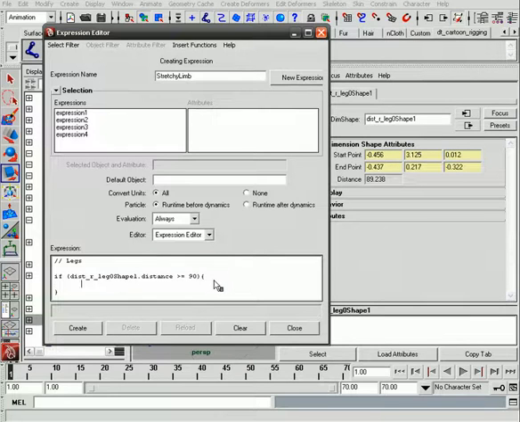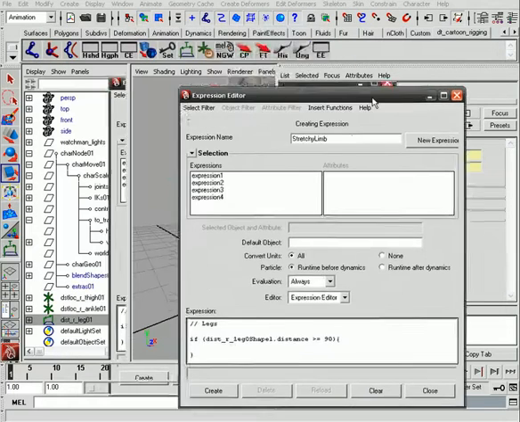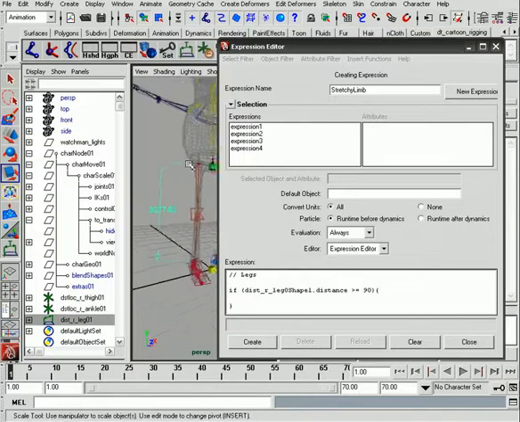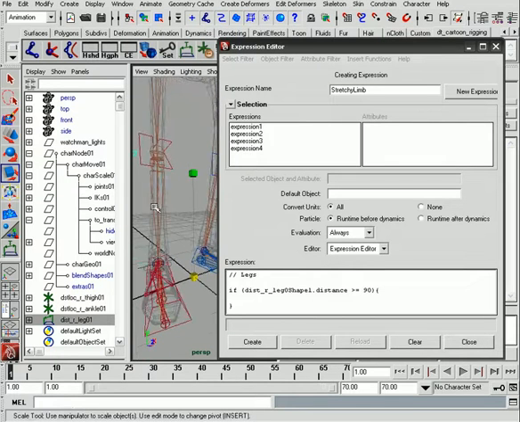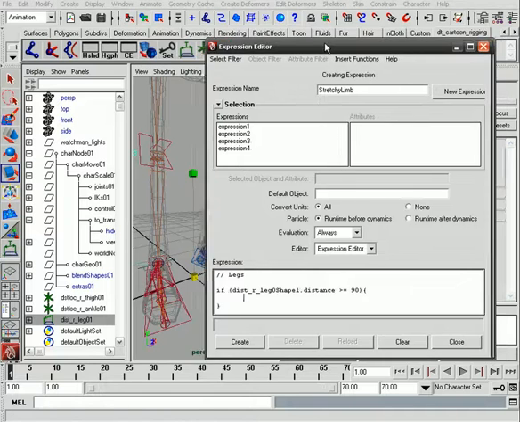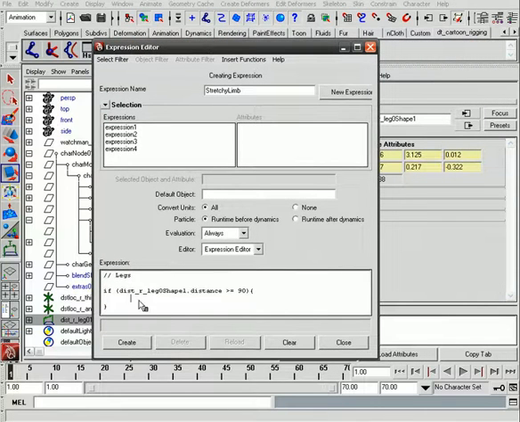Then we need to tell it which bones we want to be associated with this expression. That's going to be our thigh all the way to our second knee bone, but not our ankle. We won't need to tie it to that. So if it's equal to 90, then we need to say that bone_our_thigh01.sx, or scale X, is equal to